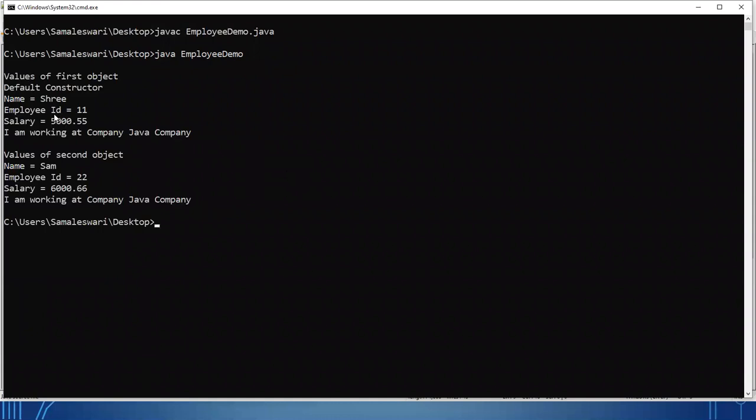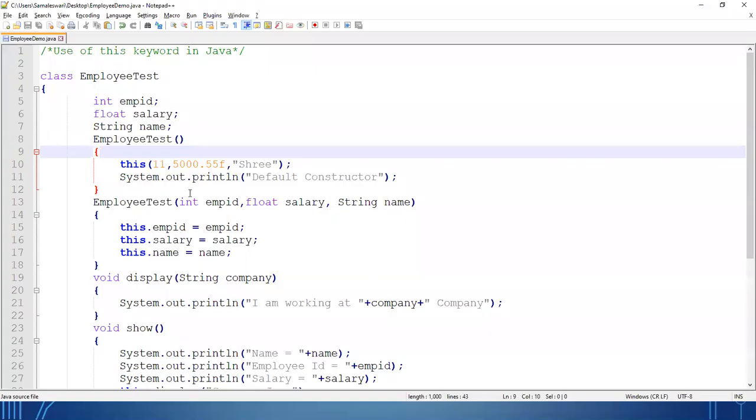Then inside the default constructor, I have passed the values to the parameterized constructor, which initializes the arguments, and I'm calling the show method. The show method is calling the display method. For the second object, I'm directly calling the parameterized constructor automatically, then the show method and the display method. Clear? So this is the different usage of this keyword.